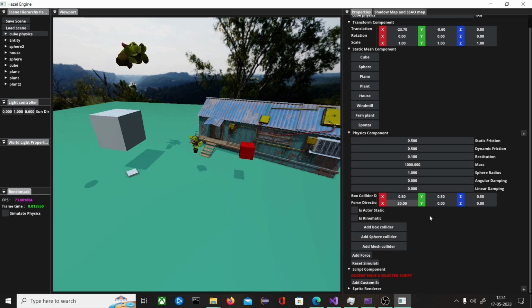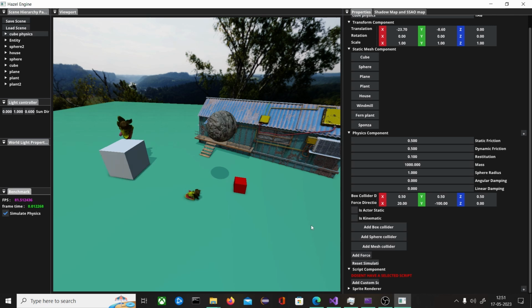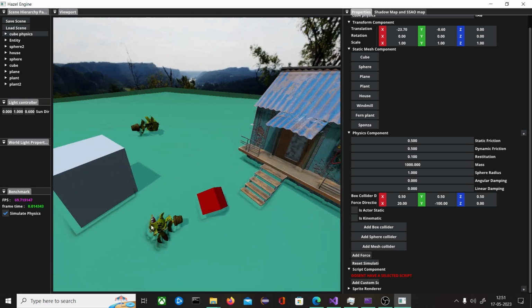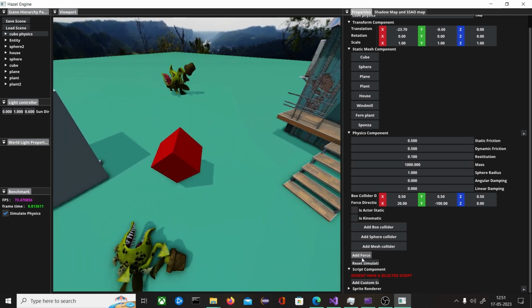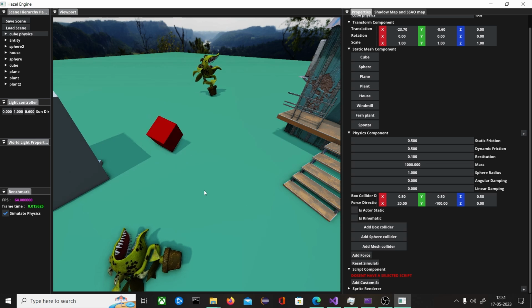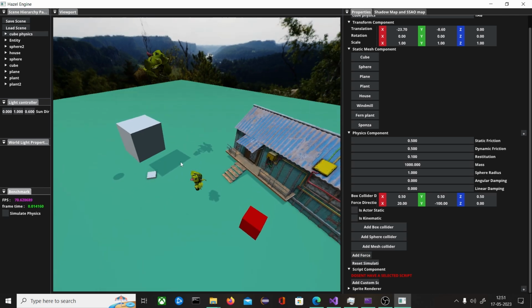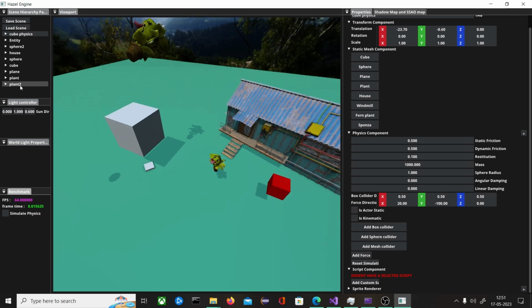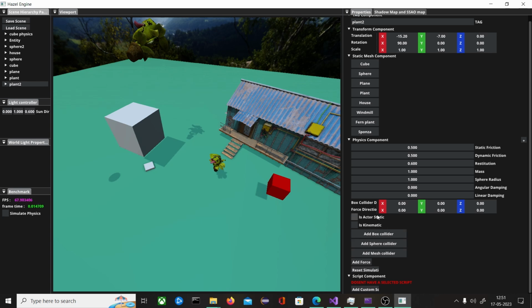Okay, so I want to add force in the y-axis, like negative. Let's add force in the y-axis. You can see it's being added like this. You can also add force to these planes, or you can add force to any object. So if I select this plane, and if I want to add force in the z direction,